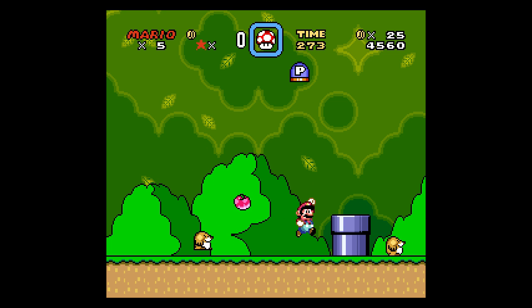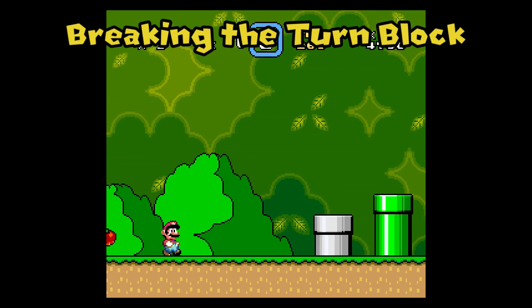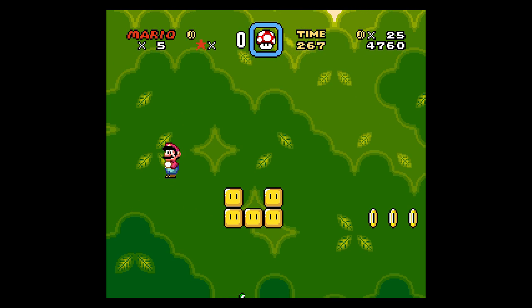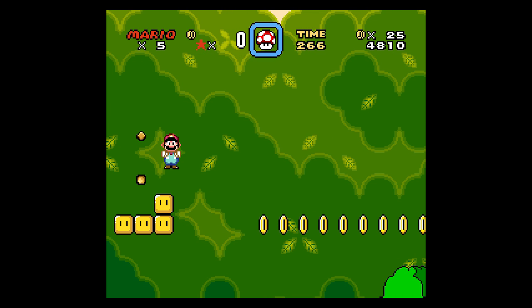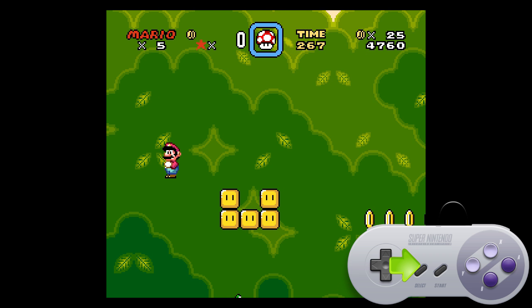Now comes the most frustrating and difficult part of the whole run. Scroll the screen to the right by pressing R, and then run at full speed and jump on top of these blocks by using a spin jump. You'll want to land on the top leftmost block, and then move a little bit to the right so these little particles go off the screen right here exactly. My advice is to keep holding right until you land on the block,